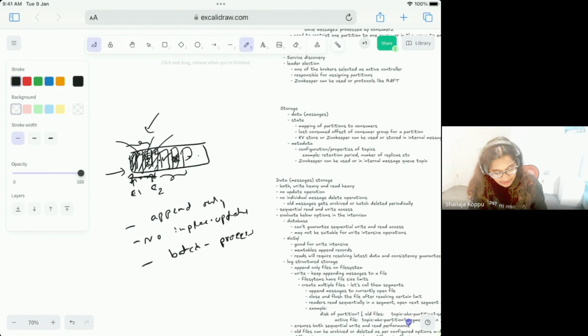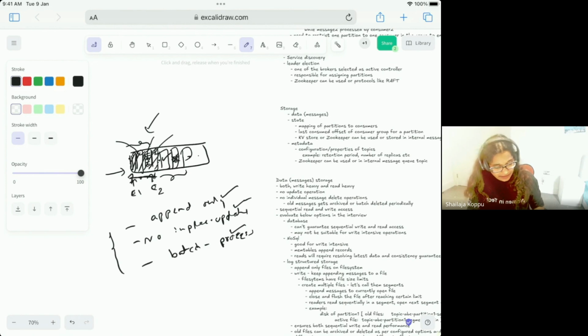So if you see, when you're designing the storage, these three things you need to think through. What is the data insertion criteria? What is the update criteria, and what is the delete criteria? If you think through that at this high level, this is what helps you choose the right storage pattern for your design. For Kafka, this is the case. For some other design, it could be a different one.